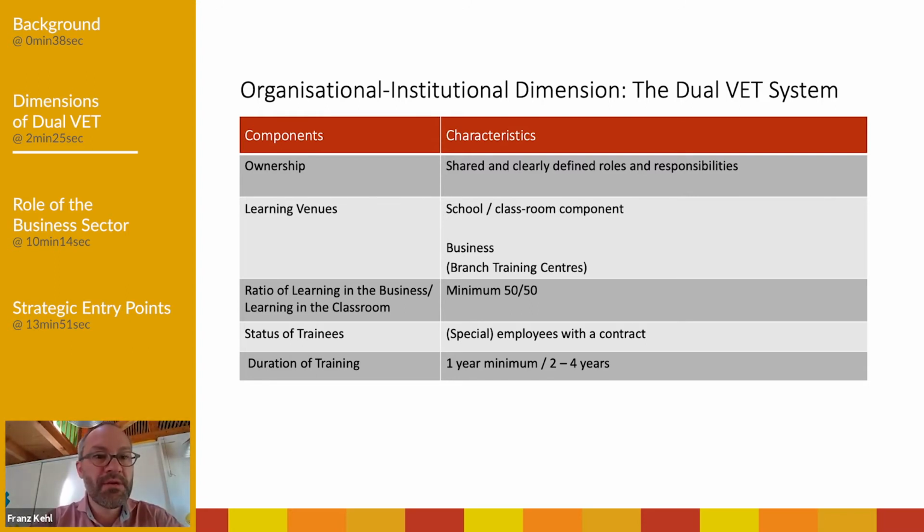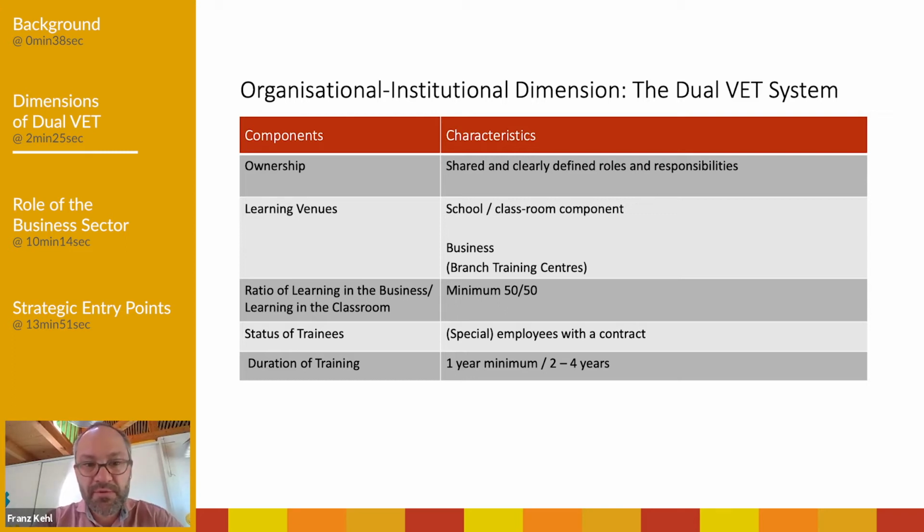dimension would then be the ratio of learning in the business to learning in the classroom. So where do you spend your time actually when learning? In countries with a dual VET system, youngsters spend 3 to 4 days at work and 1 to 2 days at school. The donor committee has agreed on a 50% minimum threshold for dual projects. So learning at work should cover at least half of the time you'd spend in programs.